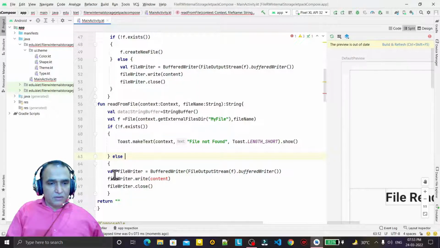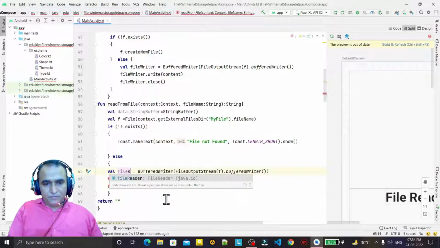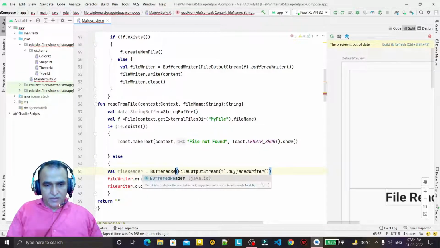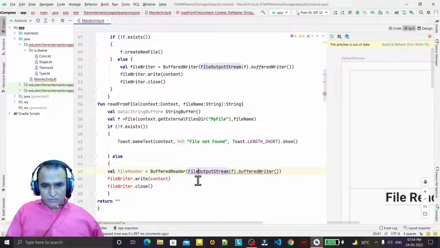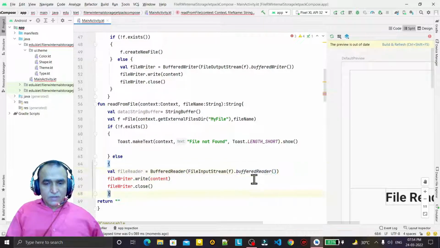So I have this, so I say file, that would be file reader, and in place of file writer I say file reader, and in place of this I say file input stream, then I say buffer reader like this. In place of writing a content, I have to read, so I say